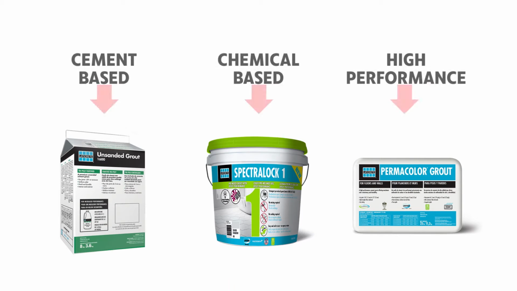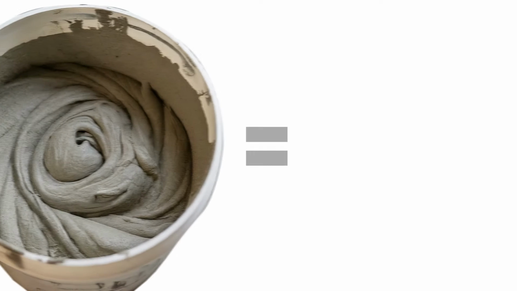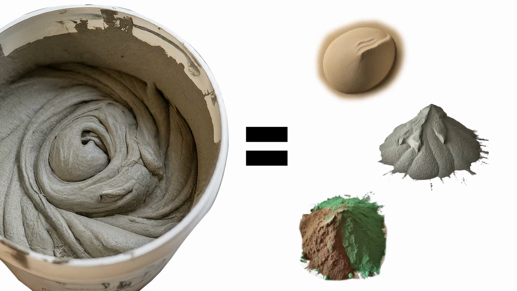And there's basically three different types of grout. There's cement-based grout, chemical-based grouts, and then my favorite, a high-performance grout. So let's start with the basic cement grout. These are your traditional, age-old, historical cement grouts. They're considered sanded and non-sanded, and they're pretty basic mixtures of sand, Portland cement, and some sort of pigment that